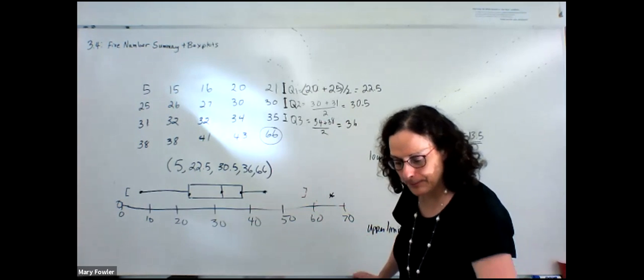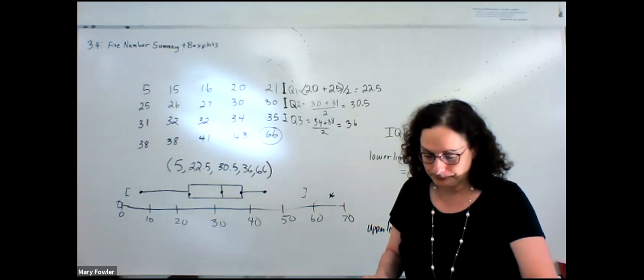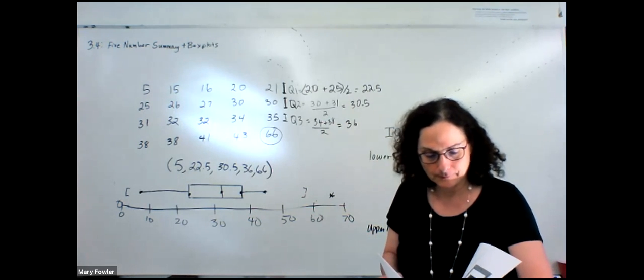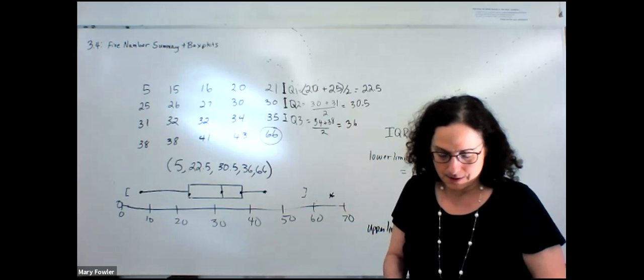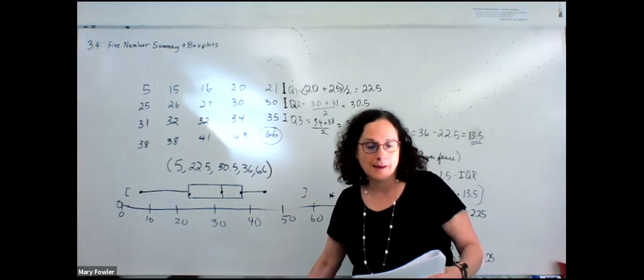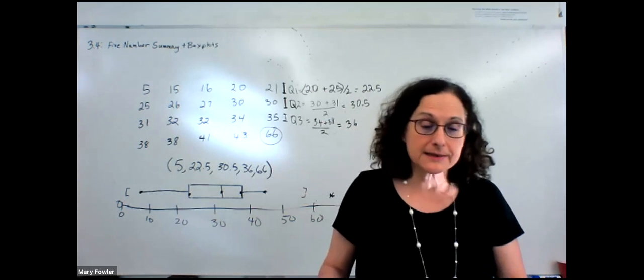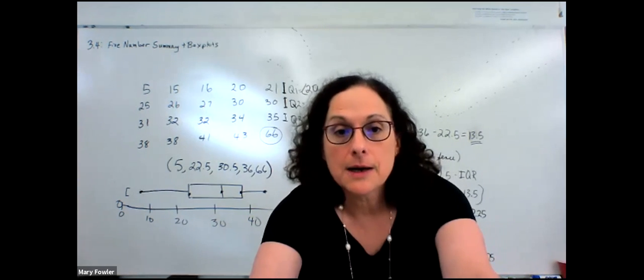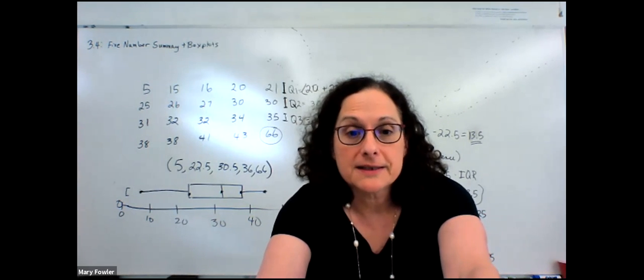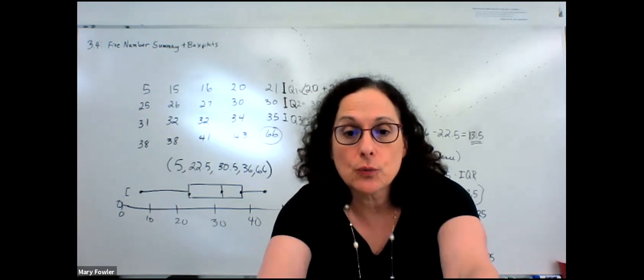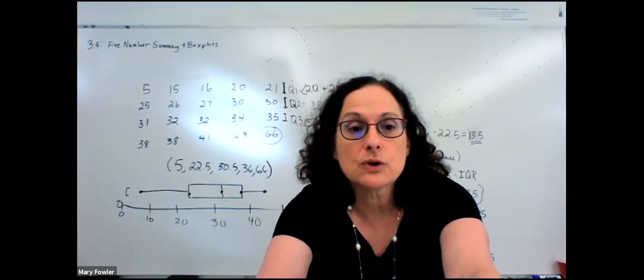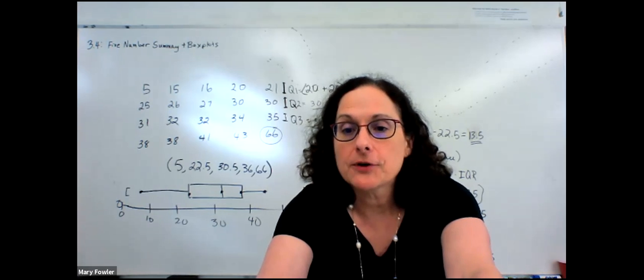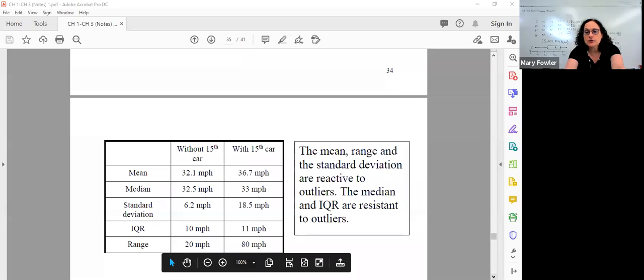All right, now, that's more or less all we really need to cover for this section. I did want to show you one thing in the notes, which brings together graphical representations of outliers,